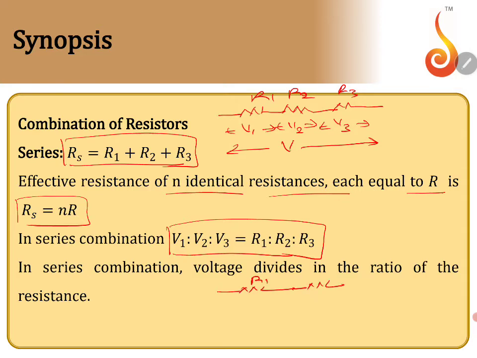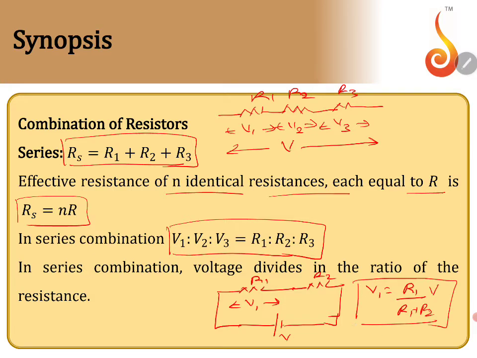Okay, so now let us consider two pair of resistors. Let us say R1, R2 are the resistors connected to a battery of potential difference V ಅಂತ ಅನ್ಕೊಳ್ಳೋಣ. ಇವಾಗ V1 is the voltage drop across R1, so V1 can be written as R1 by R1 plus R2 into the applied voltage V, and this particular voltage rule is called as VDR, potential divider rule ಅಂತ ನಾವು ಕರಿತೀವಿ, ಅಥವಾ ವೋಲ್ಟೇಜ್ ಡಿವೈಡರ್ ರೂಲ್ ಅಂತ ಕರಿತೀವಿ.